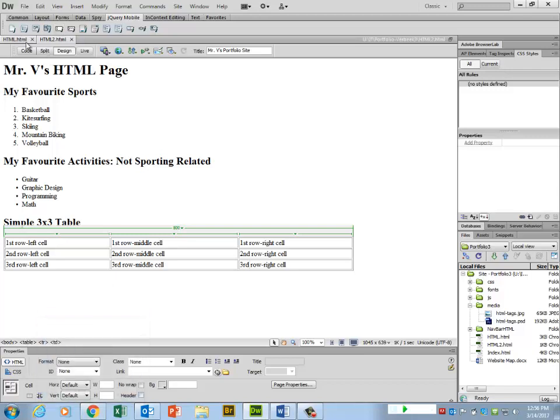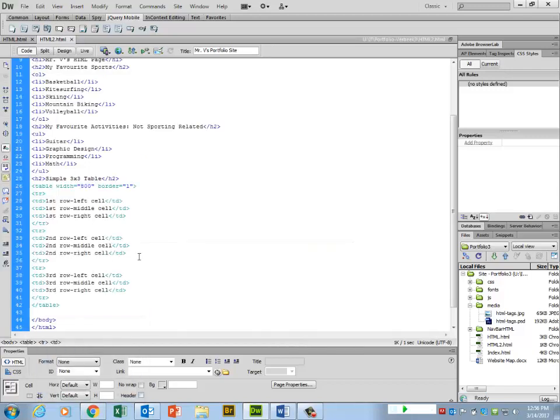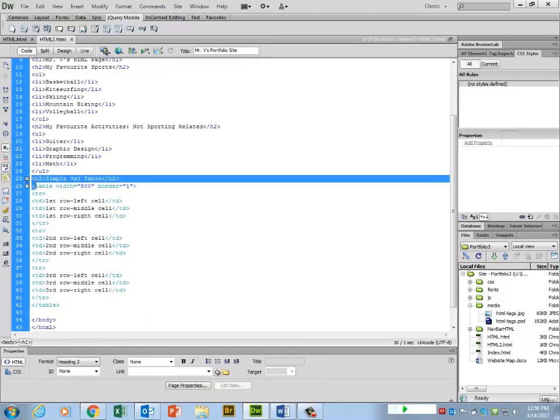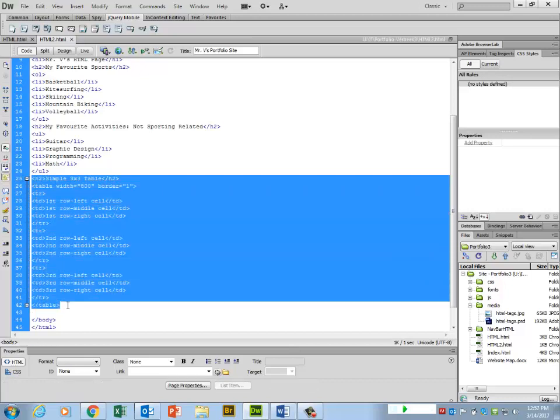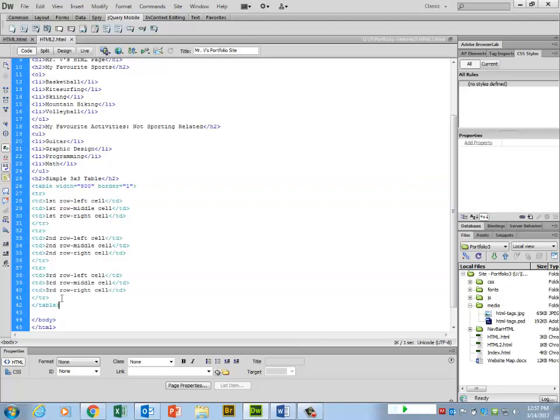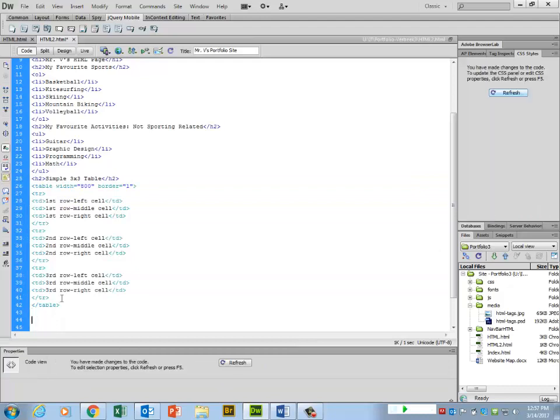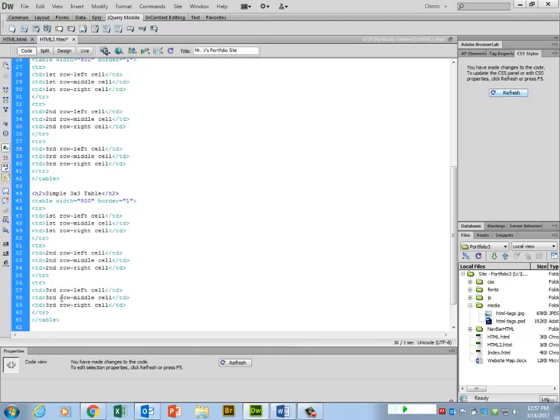I'm going to go back into my code view. I'm going to grab my whole table, including the heading, because again, I'm kind of lazy. We want to work smarter, not harder. And I'm going to go Control V. And we're going to change the title from simple 3x3. So we're going to change it to